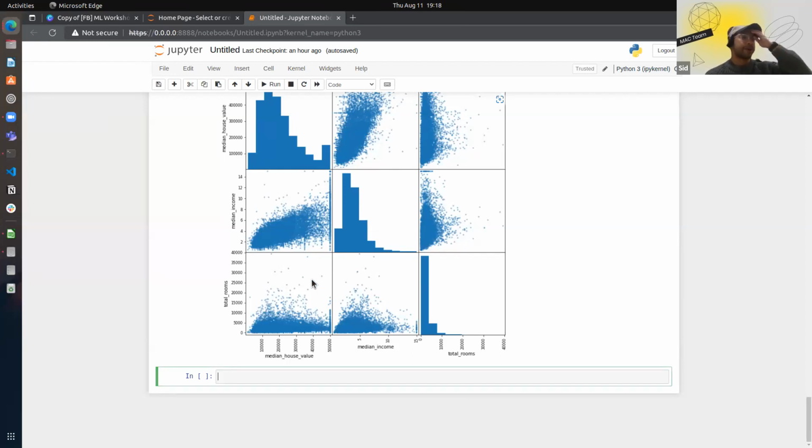So we'll start with cleaning up our data. We saw that there were about 200 missing rows in the total bedrooms column. And there are 3 ways we can fix these missing values. The first thing we can do is delete those rows. The way you can do that is using the dropna function. But before I do that, I'm just going to create another copy. Maybe I'll create a smaller data set. So I'll call it rows with nulls, which is going to be